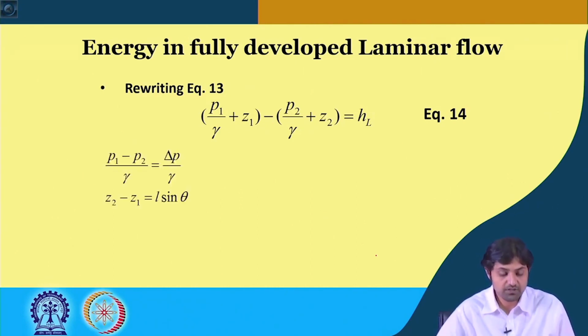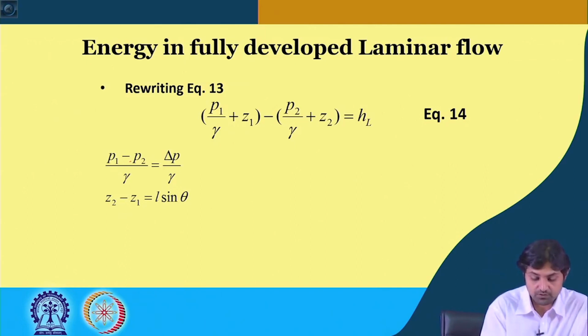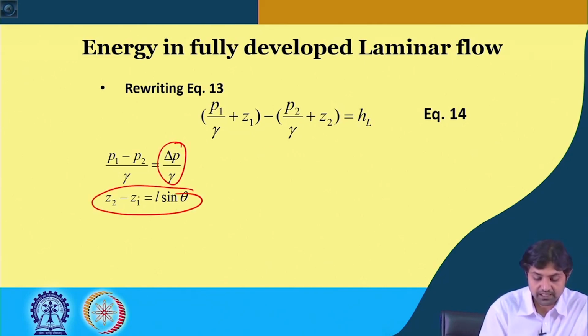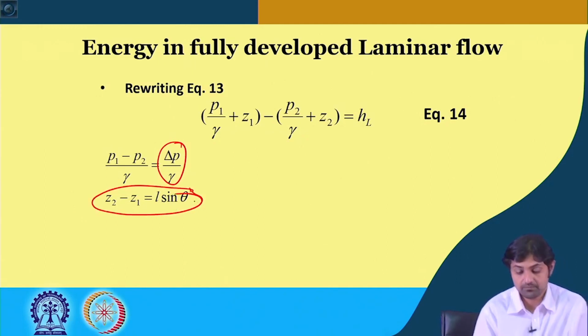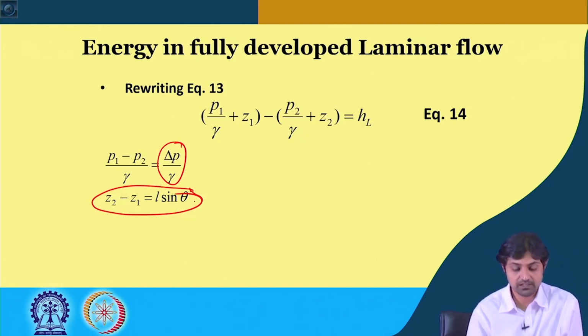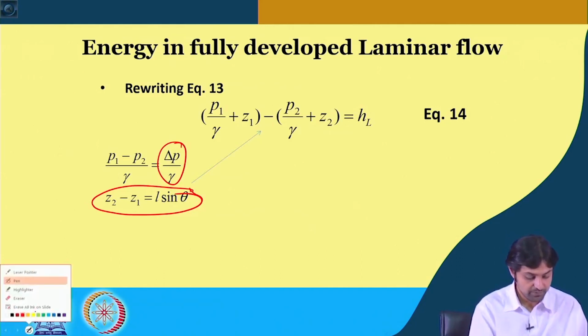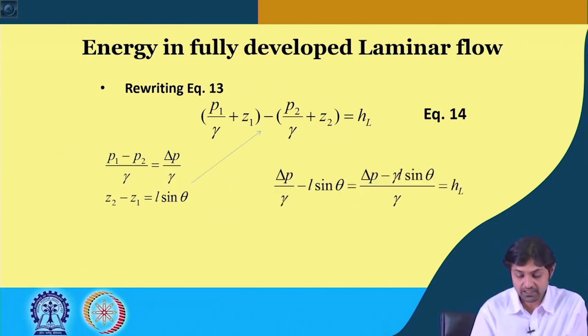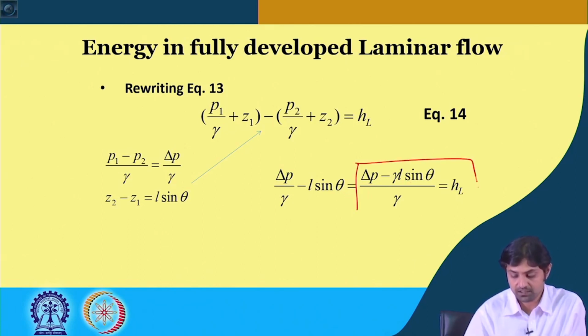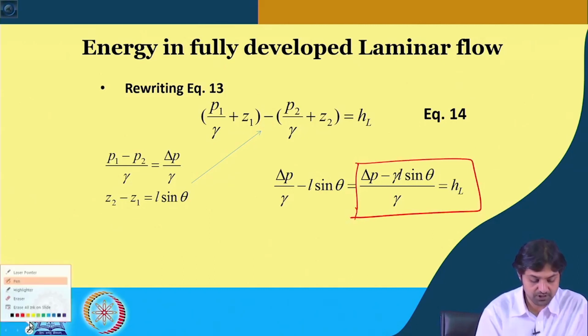So, what we are going to get is P1 minus P2 by gamma, which becomes delta P by gamma. Z2 minus Z1 we can always write as L sin theta, if the slope of the bed is theta. If we put that here we are going to get delta P minus gamma L sin theta, divided by gamma, is equal to the head loss. With this simple manipulation,